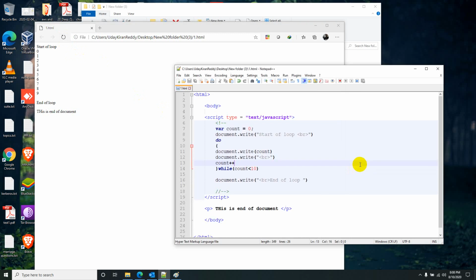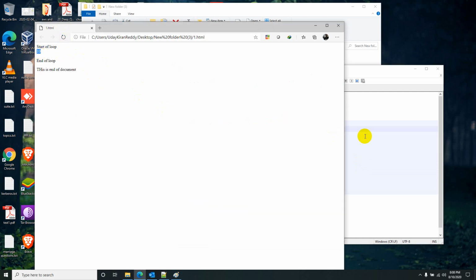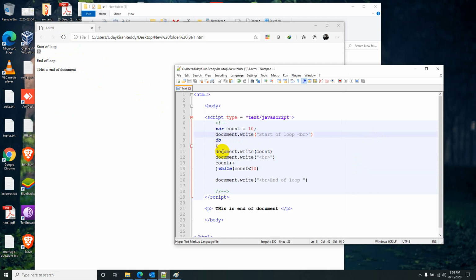You see, now let's say the value I kept is 10. If it is a while loop, it won't execute at all. But as it is a do loop, it will execute once. Even if it is false, it entered, and at the end it checked the condition and didn't go to the second iteration. If you want, you can keep the semicolon after every line, but as you are creating a new line, it's not mandatory.